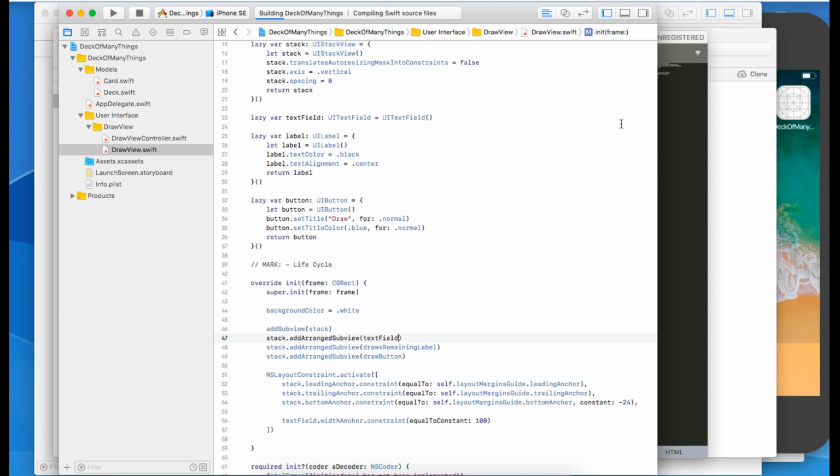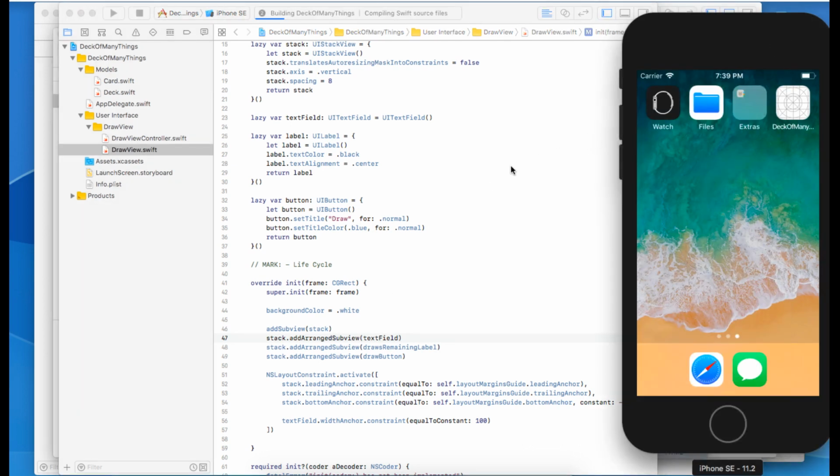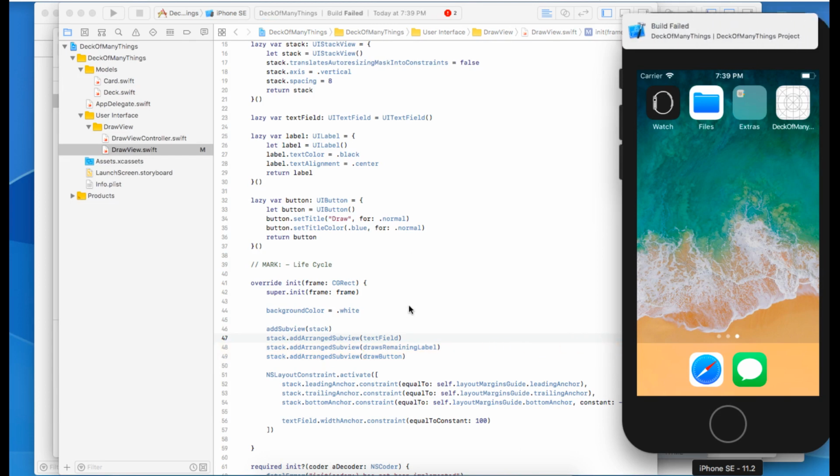So this is useful. The text field is something that comes to us out of the libraries from UIKit, which is the library that we use to make iOS apps, and it comes with a lot of functionality built into it. So that's very useful. One of the things that comes built into it is a keyboard. So we can